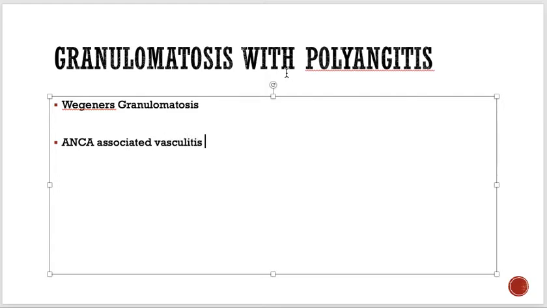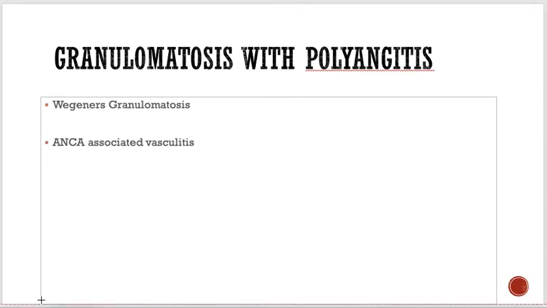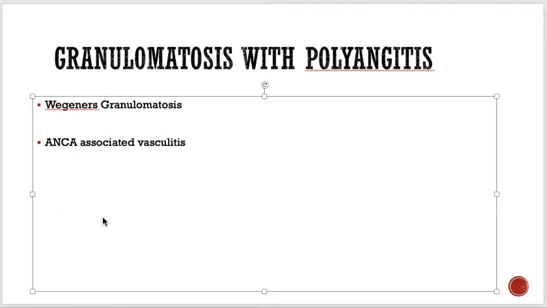Okay, and you know what is ANCA? It's an autoantibody. So simply these are the patients who have granulomatosis, so you can say this is granulomatous inflammation of vessels that may affect